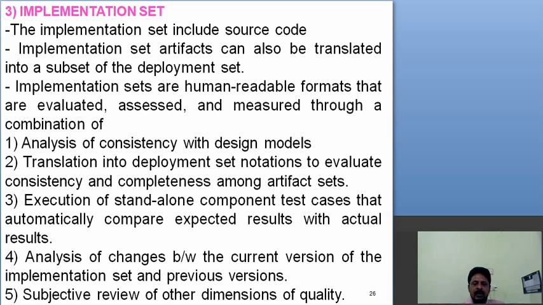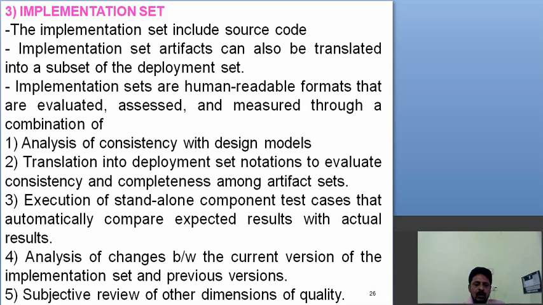Implementation sets are human readable formats that are evaluated, assessed, and measured through a combination of whatever you have developed. Most probably the source code will be technical, and it may not give a clear idea to all people.